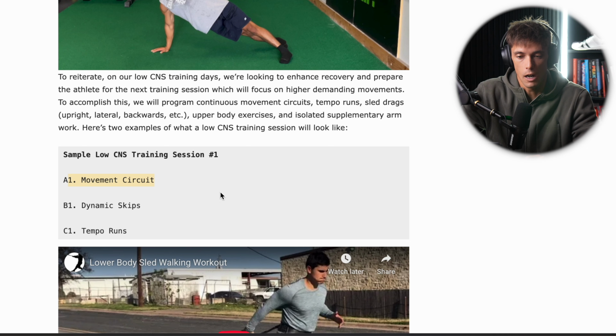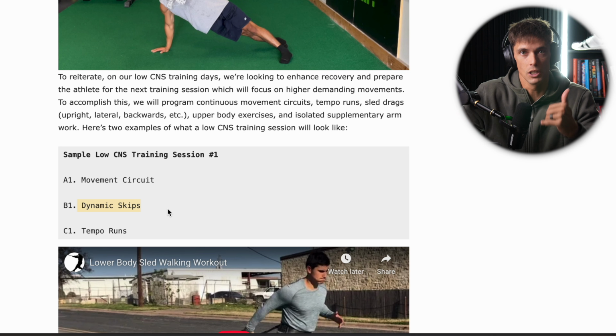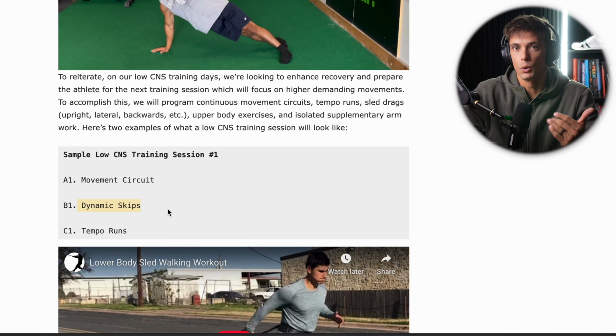And then sometimes I'll add in some movement work, right? Maybe we get up on our feet and we're doing some dynamic work, some skips, some coordination drills, get the blood flowing, the heart pumping as well. Sometimes just sitting on the couch and doing nothing isn't great recovery, right? If I have an awesome training session one day and then the next day I just lay on the couch and watch Netflix, I don't usually feel good the following day because I didn't really do anything.